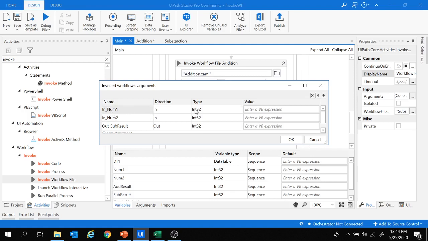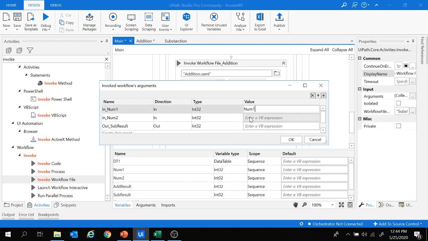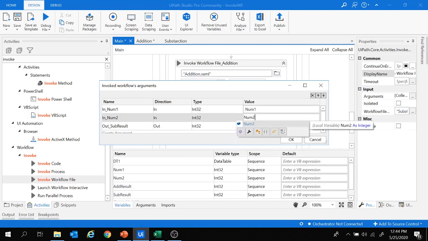So for in num1, I'm going to provide again the value as the num1 variable from here. Again for in num2, I'm going to provide the variable as num2, and the result of the subtraction which will be coming out from this subtraction workflow to the main workflow, I'm going to provide the value as the variable.